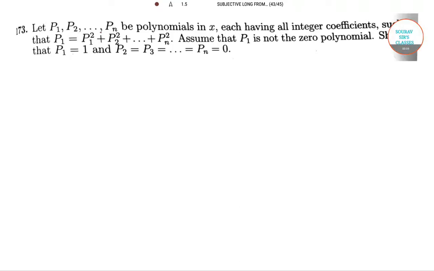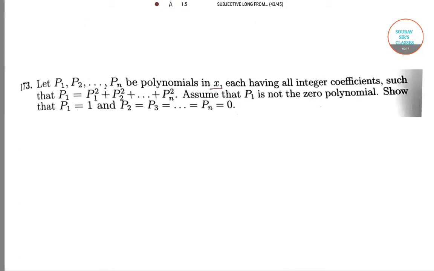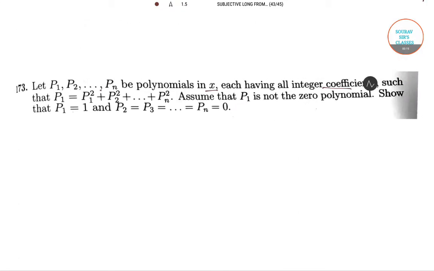In this video, I'll be solving some of the subjective questions from the book Tomato. In our first question, we have P1, P2 up to Pn, these n polynomials in X, and each having all integer coefficients such that P1 is equal to P1 square plus P2 square up to Pn square. Now, we have to assume that P1 is not a zero polynomial. Then we have to show that P1 is equal to 1 and P2, P3 up to Pn